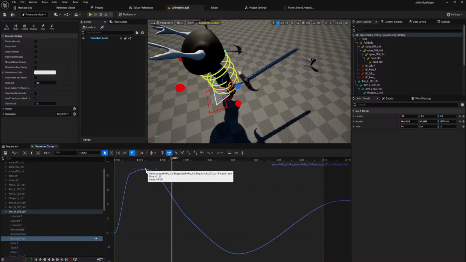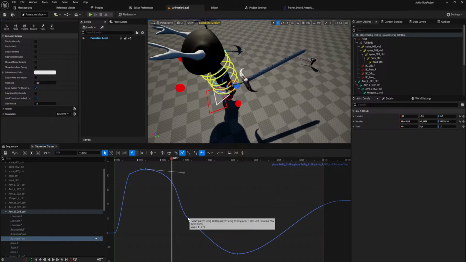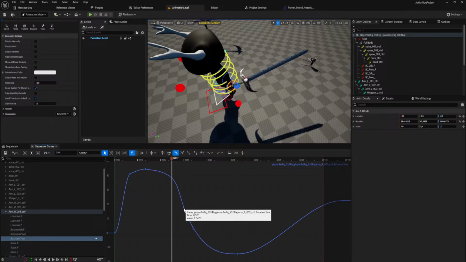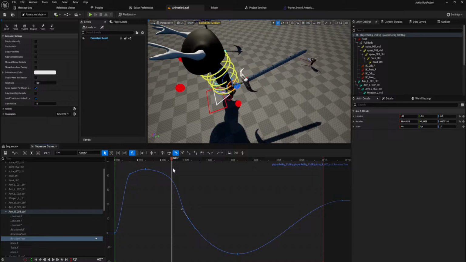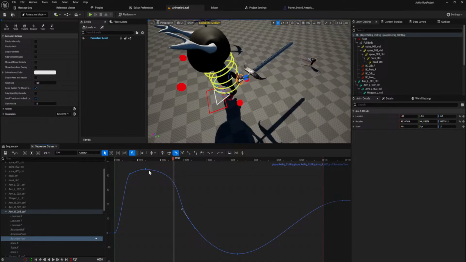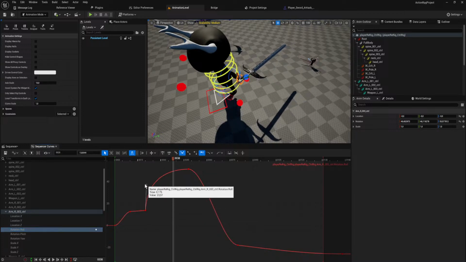Okay, and I think the yaw is probably then what we're actually looking for to change. Not even. That's weird. We need to do this the other direction? No?